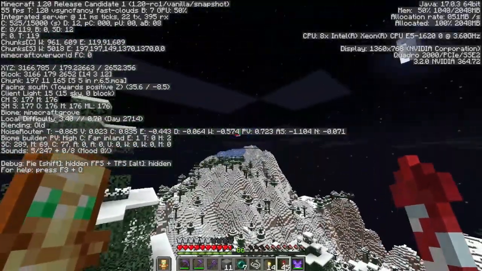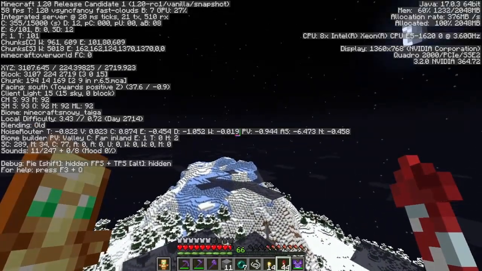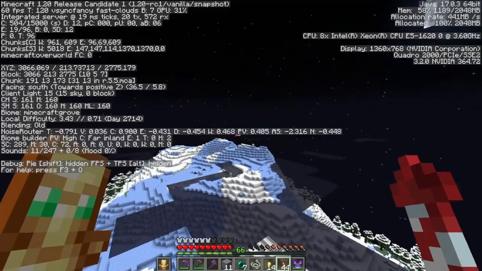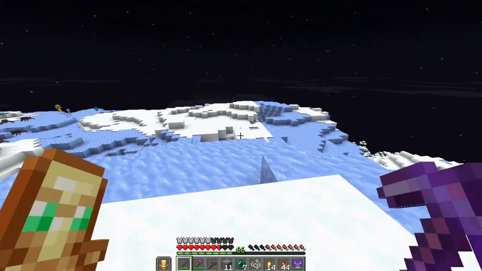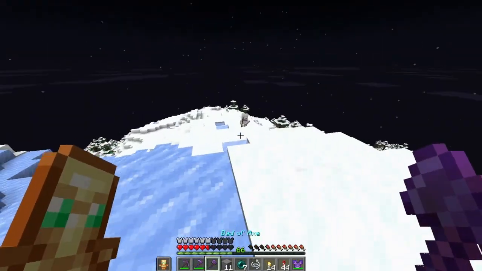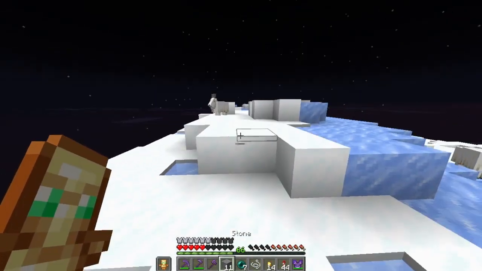So let's say we go over to this really high up peak. This is exactly why deep darks usually generate on these really high up peaks. I wish we could make it so the mountains generated higher up. So here we have a height value of exactly 200. And you can see I also dug down from here. So if we do go down here,